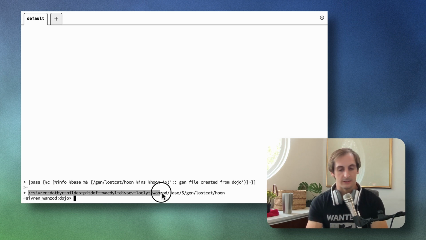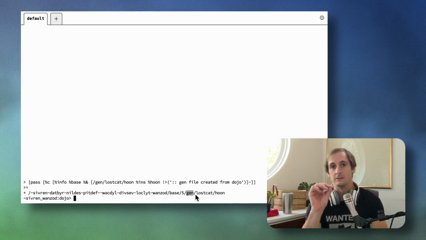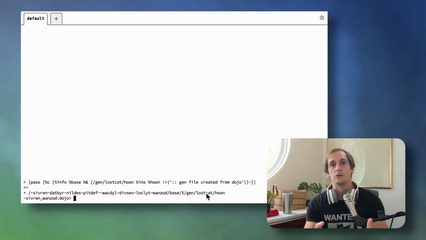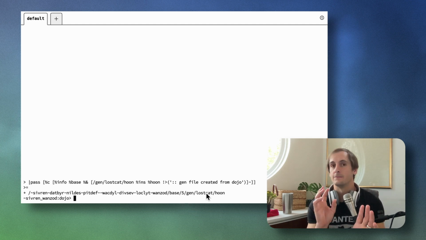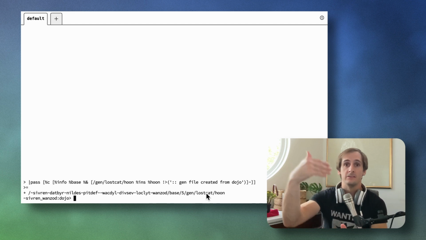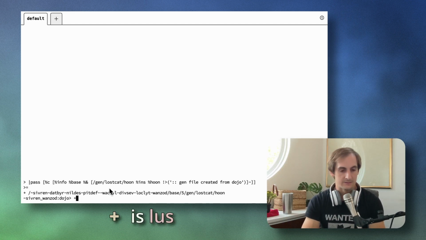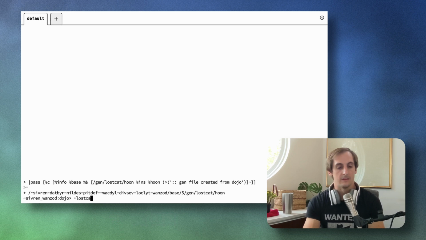This is the name of my comet here. It is in the base desk. The base desk is just incremented to 5. And I now have in the gen generator folder a Lost Cat generator. When things are in the generator folder, you can call that file to engage and do its thing by hitting the plus sign, plus Lost Cat.